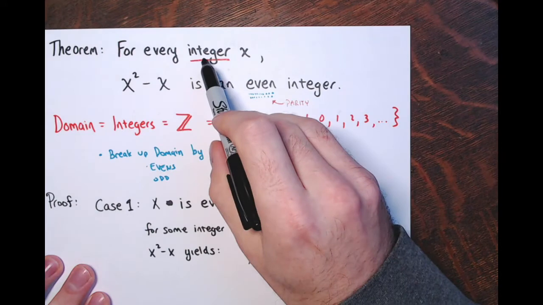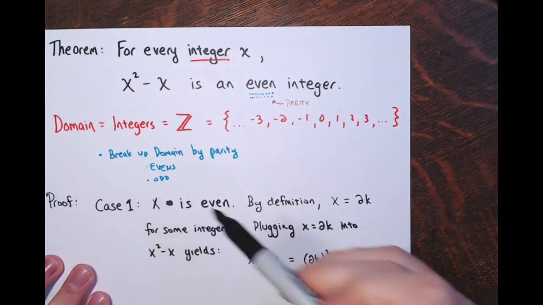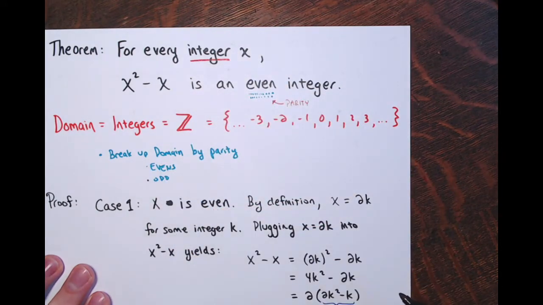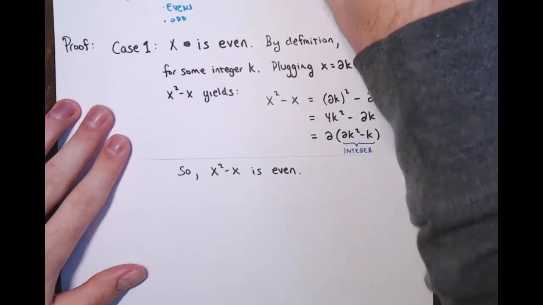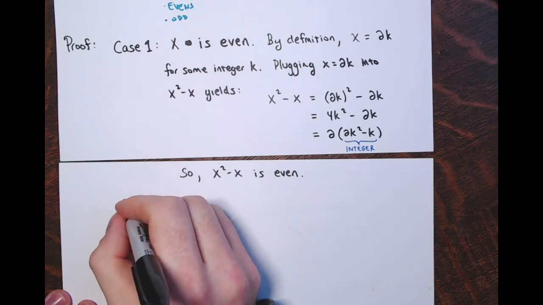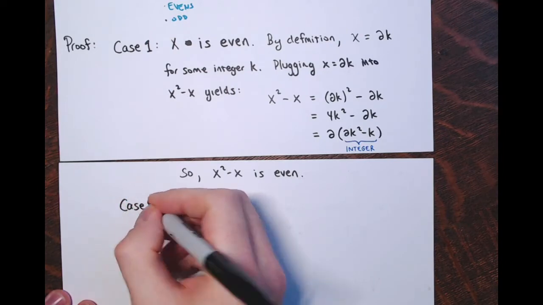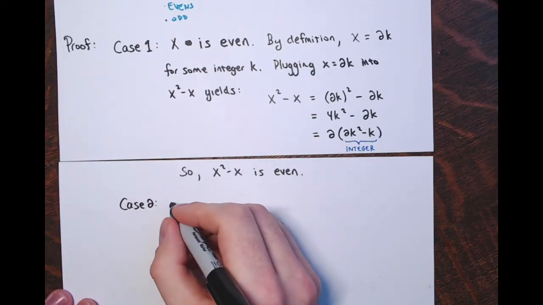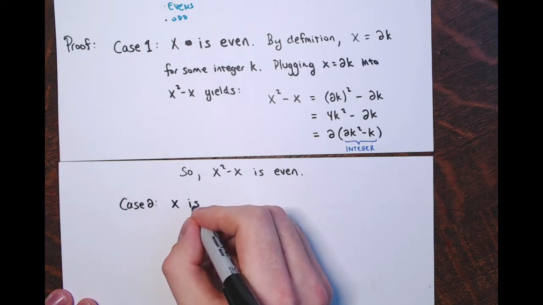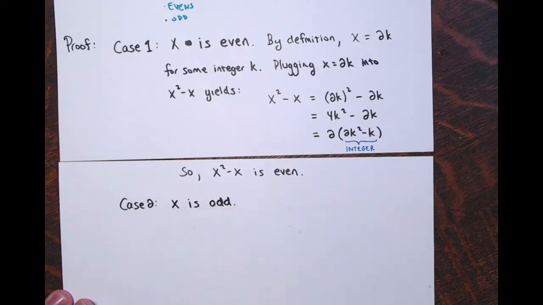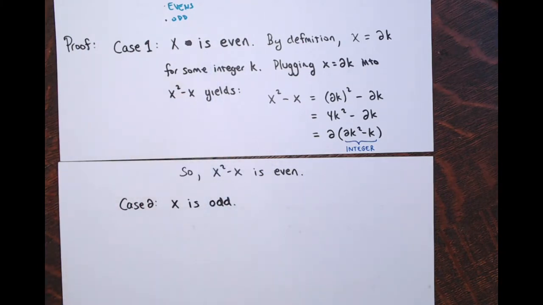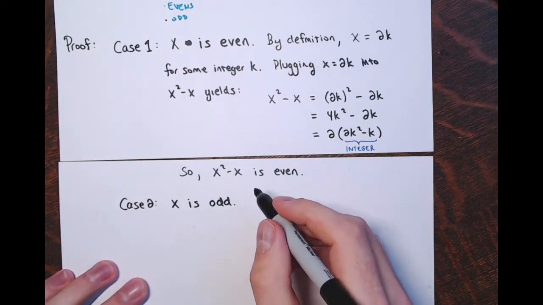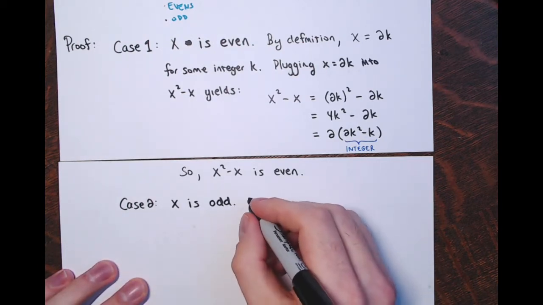And then to take care of the rest of the integers, I'll look at the second case, when I broke up the domain, I'll look at the odds. So then beneath this, case 2, x is odd. I'll write the assumption. And putting these together takes care of all the integers. Evens and odds put together make all the integers. So what does it mean for x to be odd? By definition,